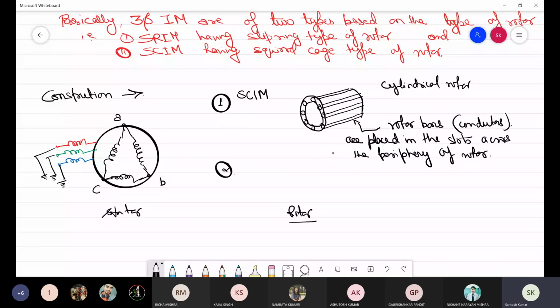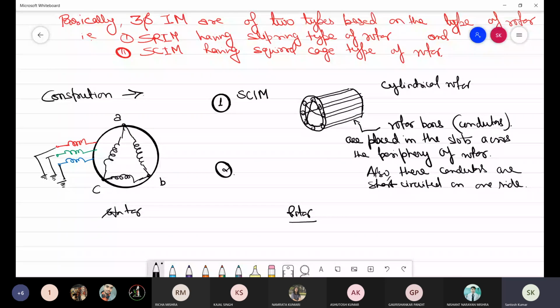Also these conductors are short circuited on one side. एक साइड में ये आपस में शॉर्ट सर्किटेड होते हैं, डायगोनली शॉर्ट सर्किटेड इस तरह से ये रहते हैं,